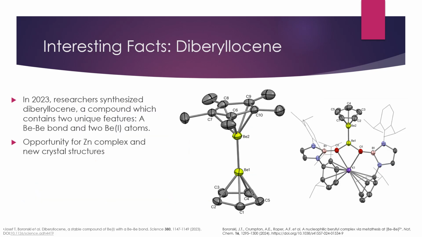And speaking of interesting, we're going to talk about beryllium a little bit. I should have mentioned just a moment ago that beryllium, strontium, and barium are all pretty toxic, and they don't feature a lot in biology, but beryllium has a lot of interesting properties. One thing that just recently happened is they were able to synthesize this compound called diberyllicene, and the structure is shown right here. This is actually an analog of it. It's not the exact same, but it features this beryllium-beryllium bond, and each of these beryllium atoms is actually only a +1 instead of a +2 charge, which is really unique,